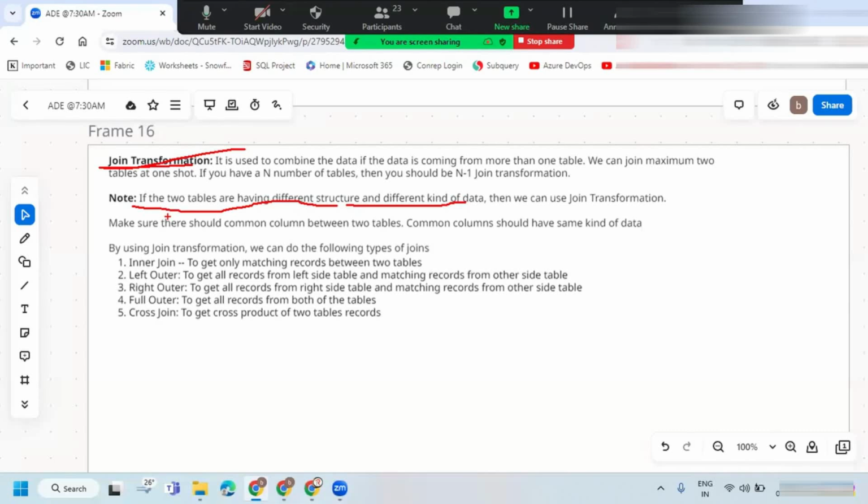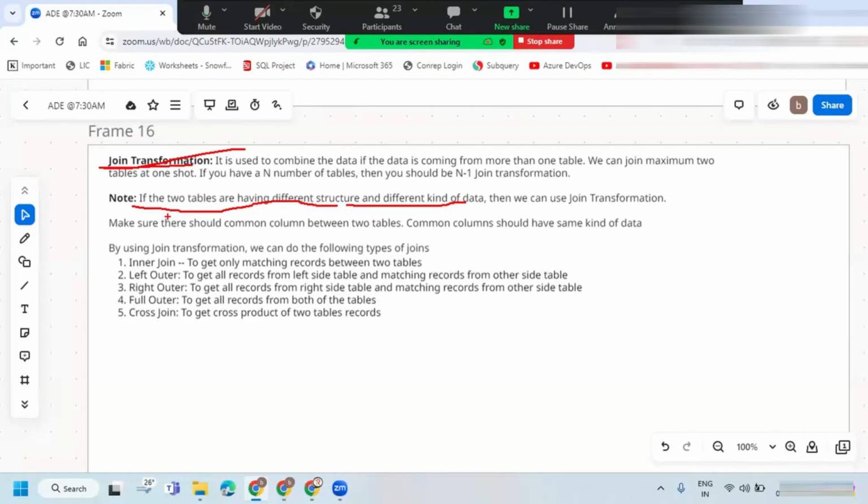The number of columns and the column structure are different, and the data is of a different kind. One table is going to have one specific type of data, another table will have another specific type of data. The moment you see that, you can feel it is different kind of data, not the same kind of data.